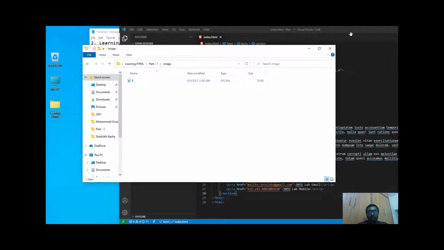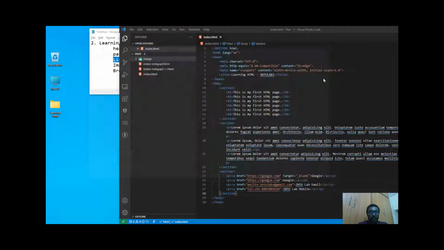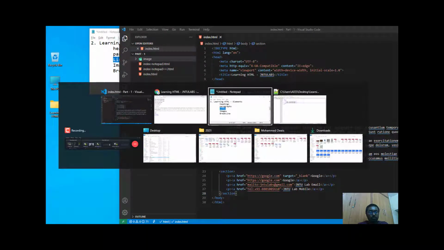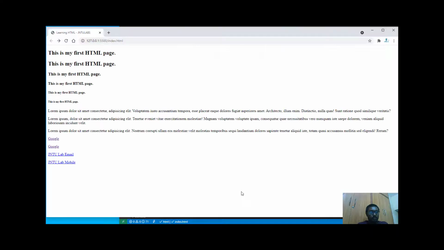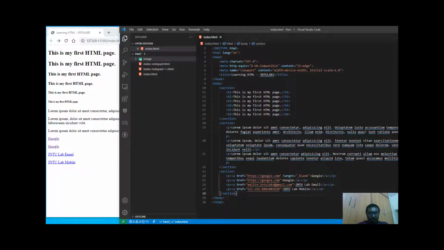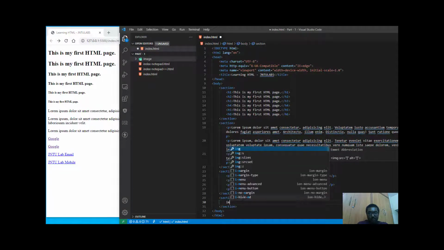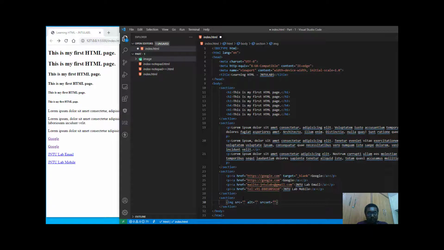Okay, one image stating like 9. Now what I'll do, we'll create one section for image, and then we'll have an image. We can have a normal image with a source, image size, source set, with a z index. We will go with the source.